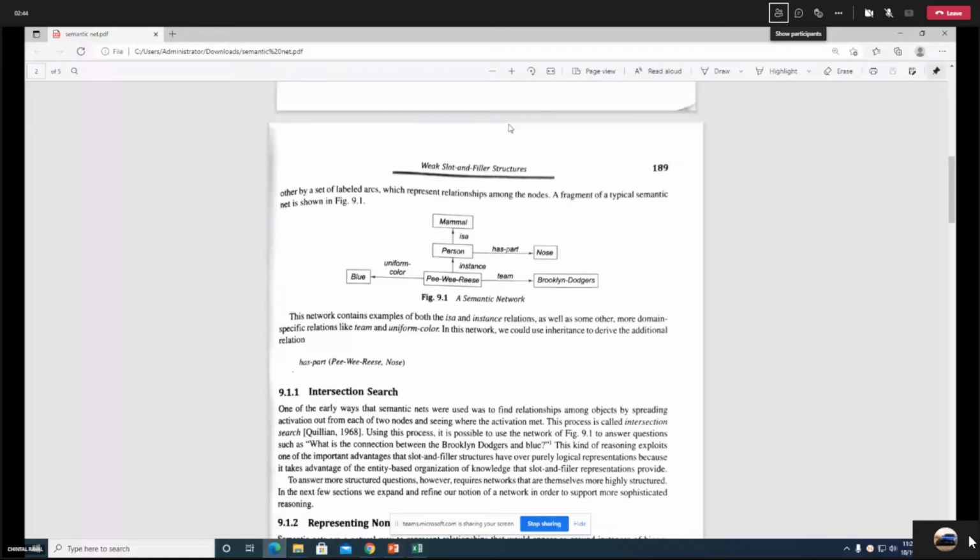And that is why we have represented this concept using the semantic net, because we get to know the connection between the concepts. So here is the concept blue, here is the concept Brooklyn Dodgers. What is the connection between them? Brooklyn Dodgers is a team and that team's uniform color is blue. That is the connection. And this is known as intersection search.